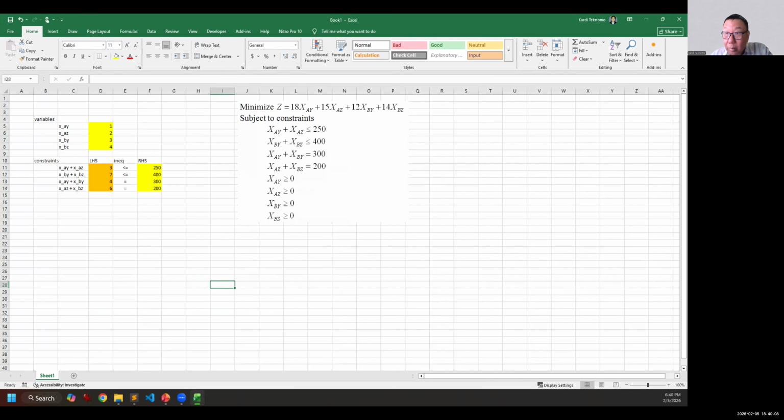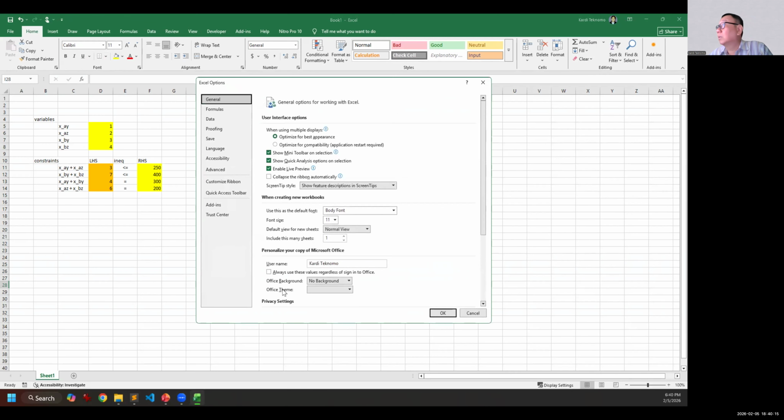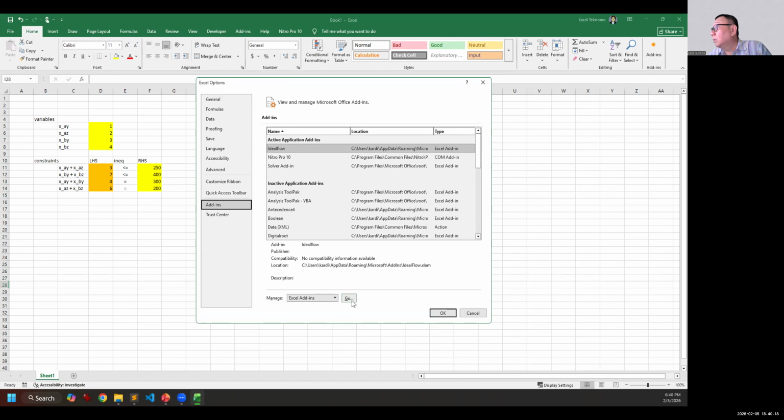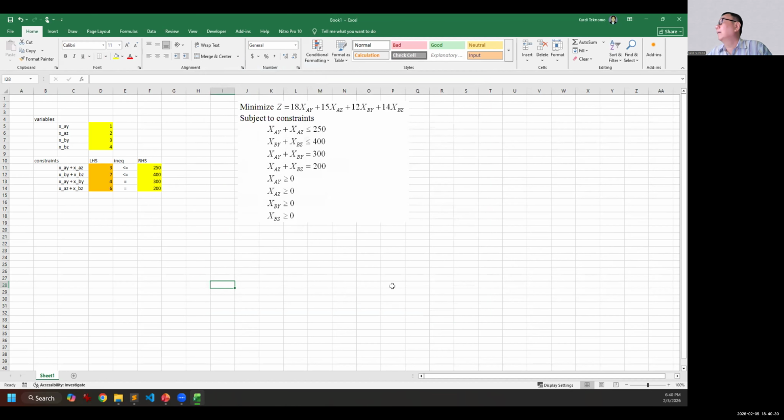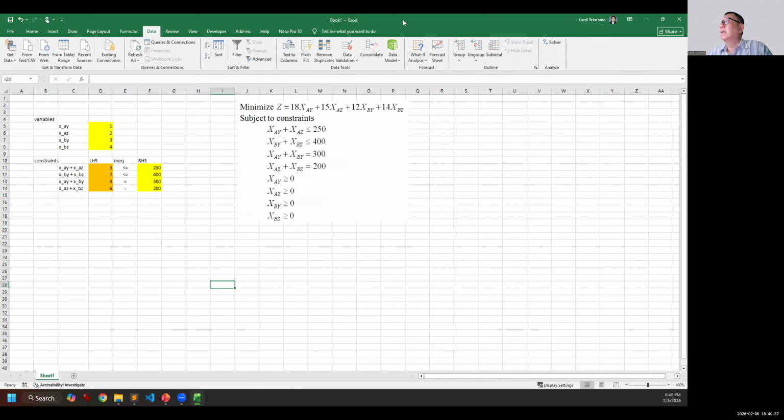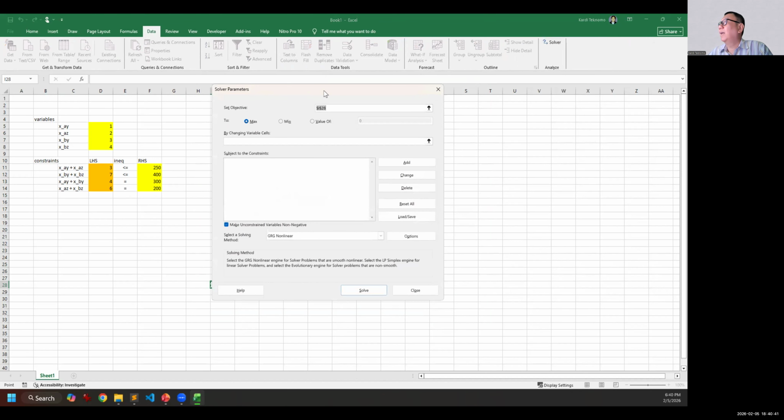Where is the File Options, Add-ins? Here, go. And then you need to put this one, Solver Add-in. Click, and then click OK. So once you have that, you will see in Data, you will have Solver. Open that.